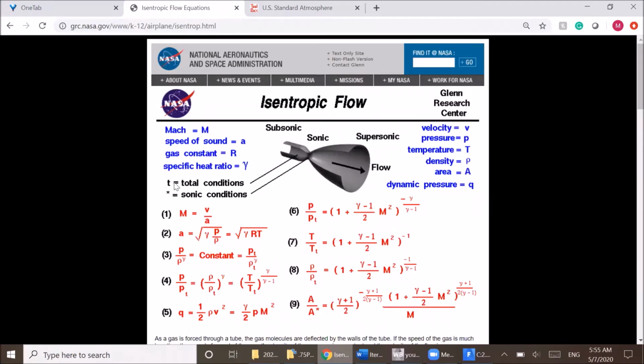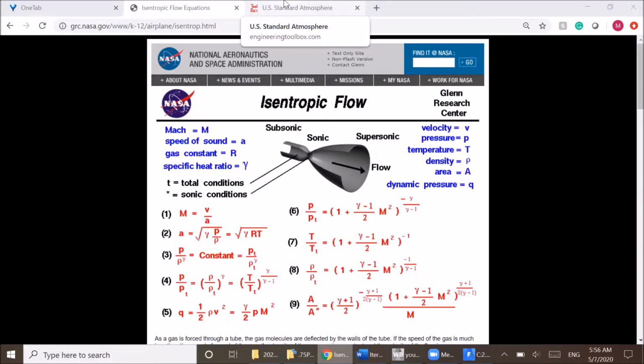So pretty much for the inlet pressure, we will be using the isentropic flow equations. So your total pressure is going to be the pressure that you will be giving the ANSYS Fluent, and you want to make sure that this pressure is in gauge pressure. So this pressure is going to be the sonic conditions, and in this case it's going to be the atmospheric pressure, and